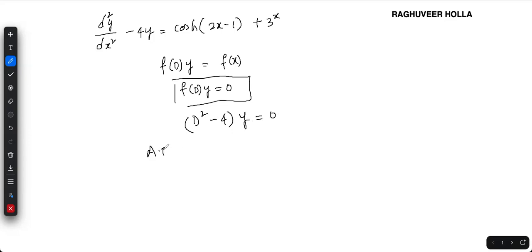The auxiliary equation corresponding to this is m square minus 4 is equal to 0, and the roots of this are plus or minus 2. So you get yc, which is the complementary function, which is c1 e to the power of 2x plus c2 e to the power of minus 2x. So let us find yp. So yp will be